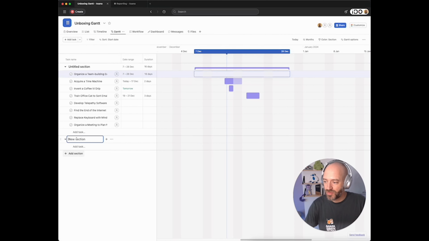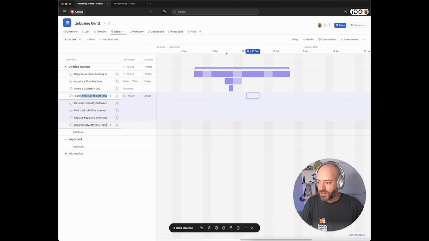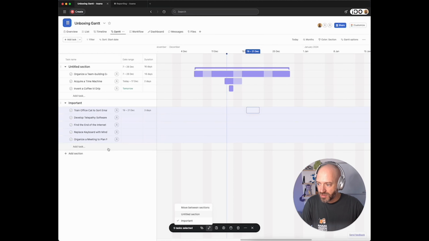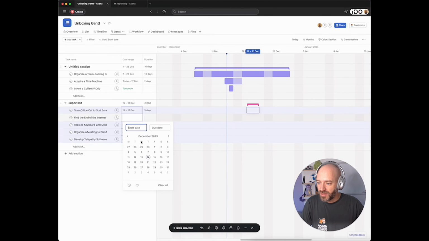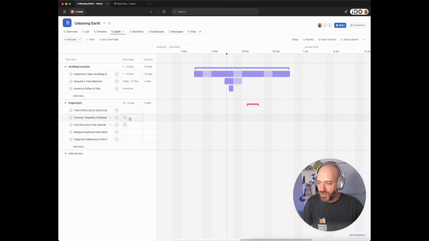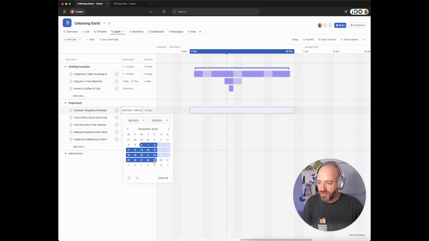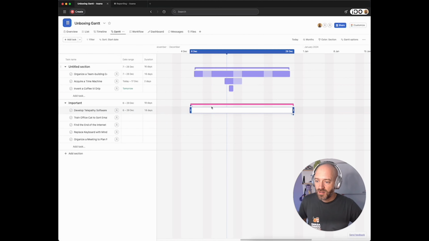So let's try and create another section. Something like important. Oh, actually I can't move stuff. See, I have to go there. Important. Okay, and if I put dates on here as well, let me try. Here we go. Okay, so apparently they give random colors. So let's have a look. How do you change the color of a section? I guess that's not possible. It's potentially decided by Asana themselves.